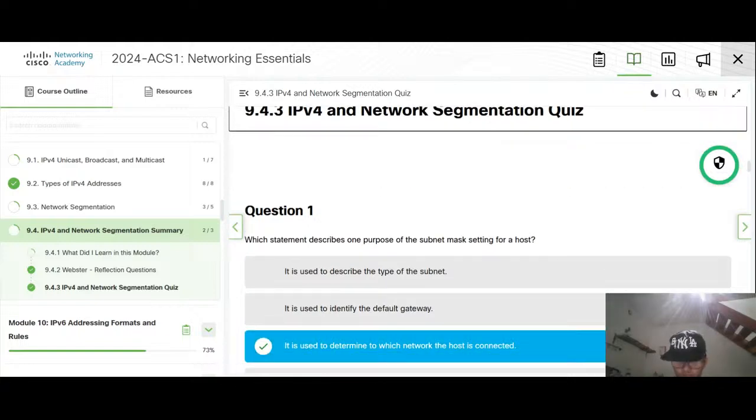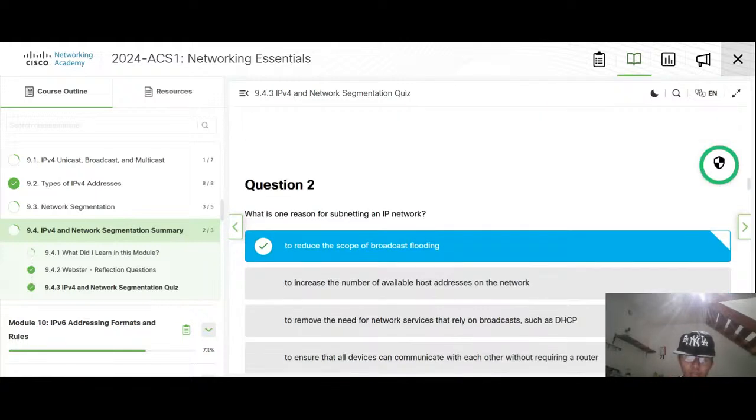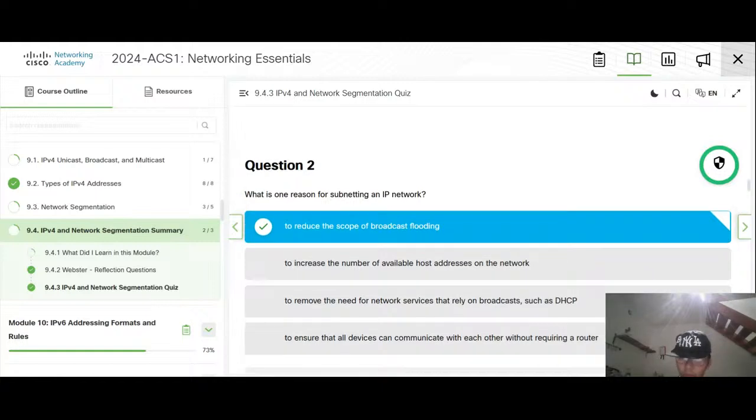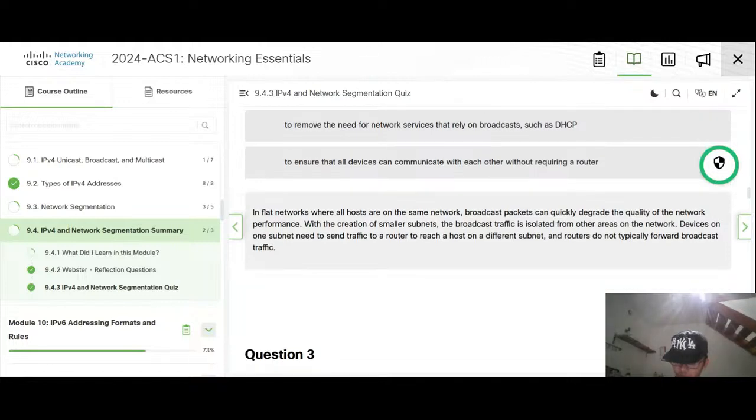Yeah, to determine which network the host is connected to. If we have the host portion, it will show which host this belongs to. Subnetting to reduce the scope of broadcast flooding. Yeah, small subnets, so it can send traffic to our original subnet. Forward broadcast traffic.